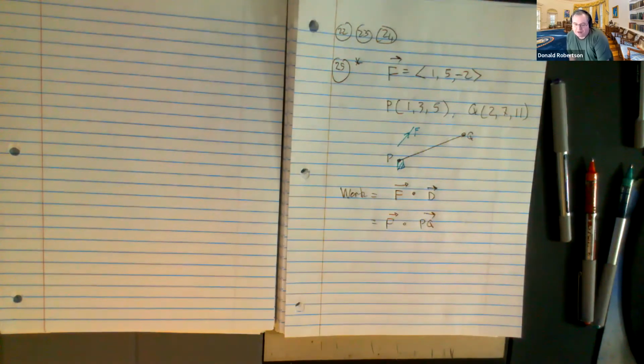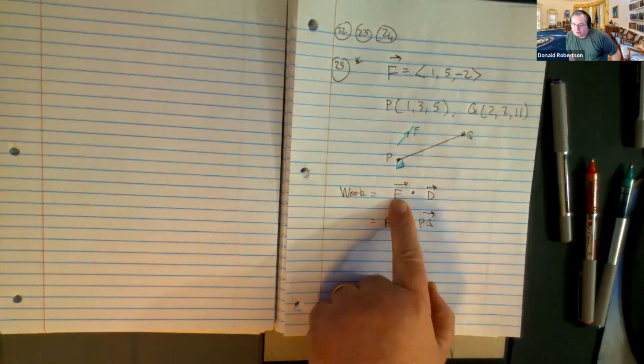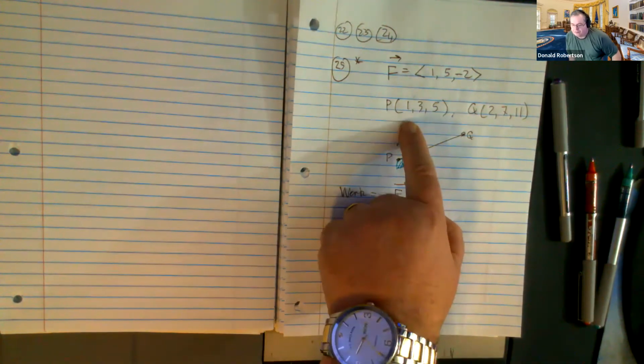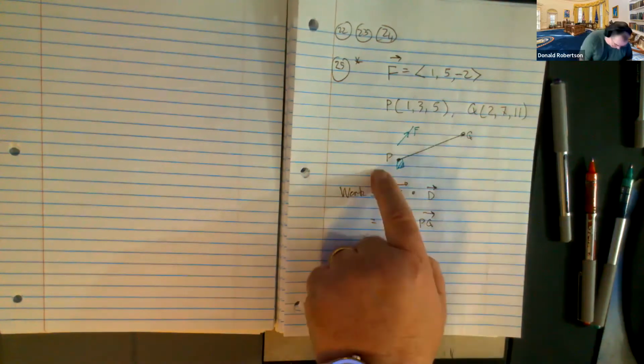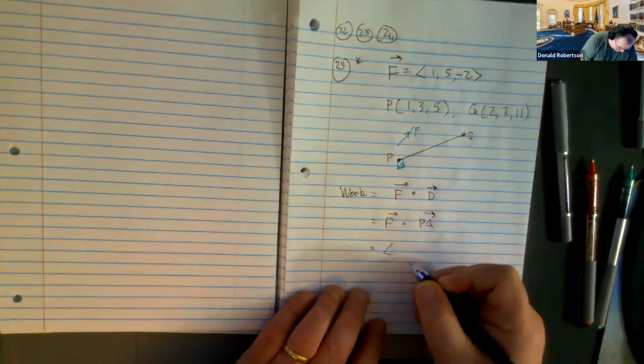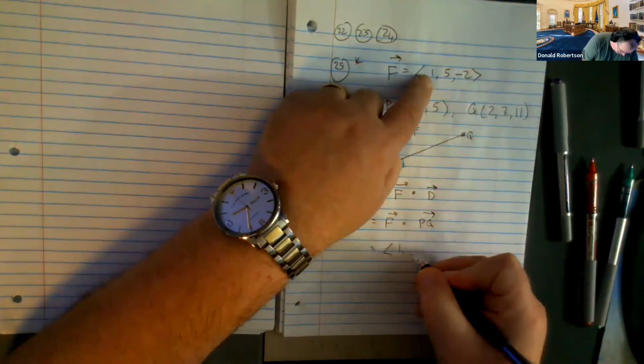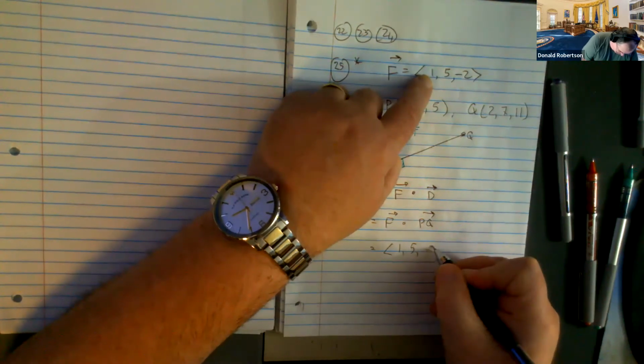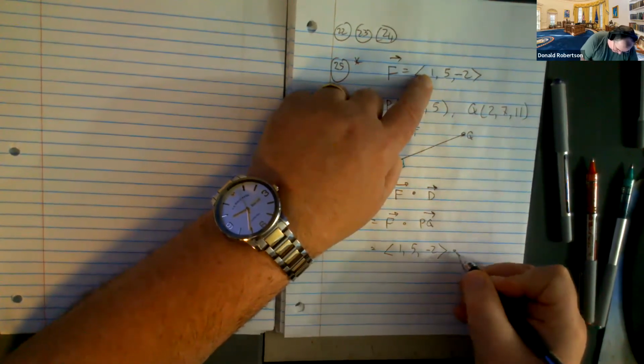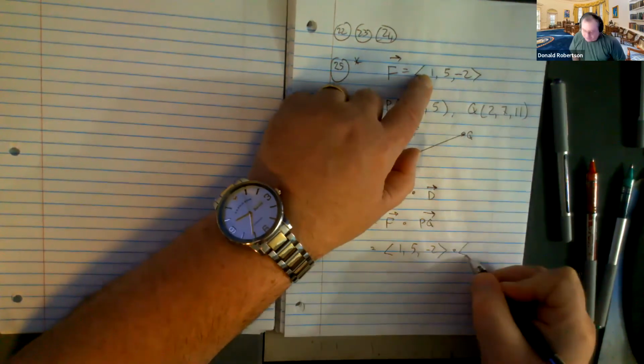If you're into finding how much work is done, pulling things up slopes, that's the vector showing you the direction that you are pulling it. And this vector is the start to the finish, essentially in a straight line, of course. And so this guy is 1, 5, -2. Now, if you want to get the vector from P to Q,